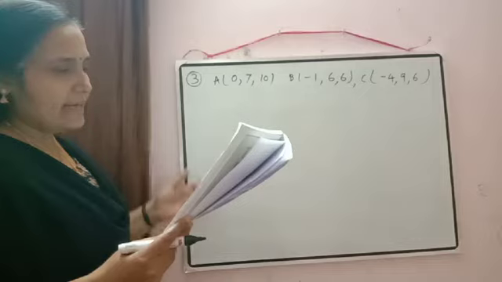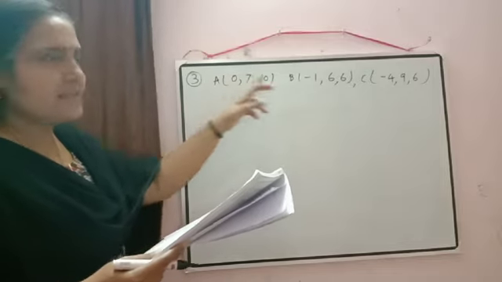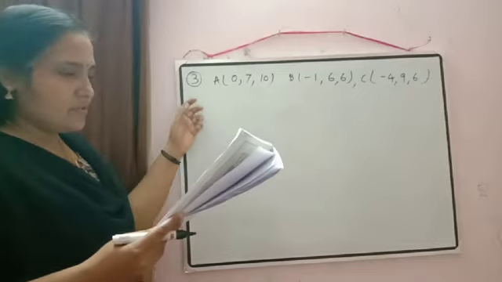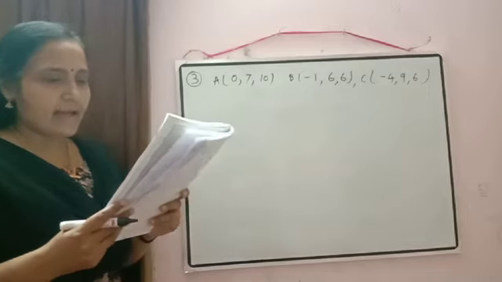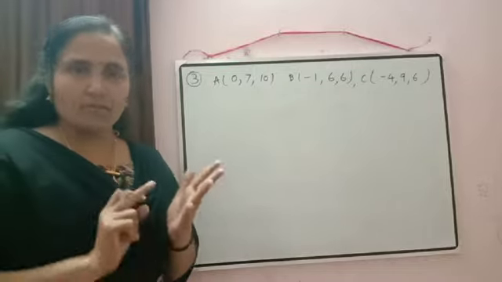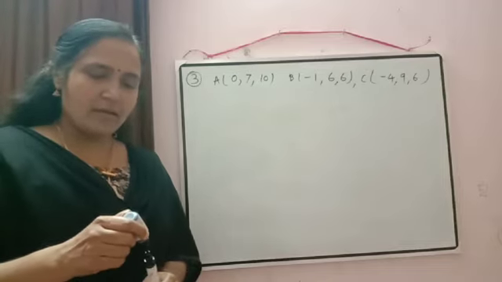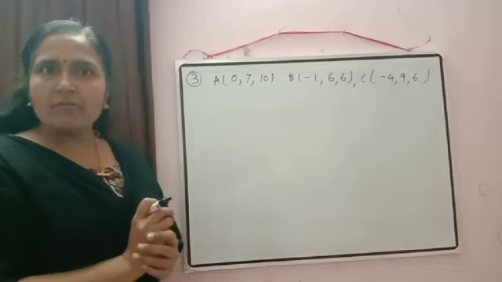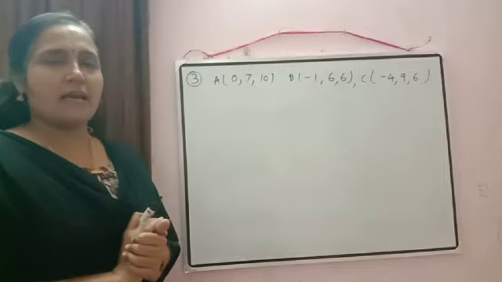It is written, show that the points, the names were not there, so I only gave some names there. Then when we calculate the distance, we can write AB, BC and AC. So we have to prove that these are the vertices of an isosceles right angled triangle. So you should know both the things: what is isosceles and what is a right angled triangle. First, isosceles meaning two sides should be equal. And then right triangle, how will we prove? Yes, we will check whether it satisfies Pythagoras theorem or not.